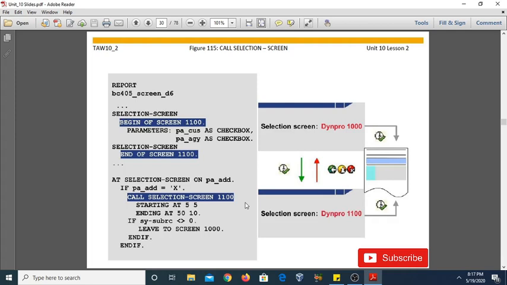In the previous lesson, we discussed the number of events executed behind the selection screen, and one of them is the AT SELECTION-SCREEN event, which is processed when the user performs some action on a particular screen. Now in this event, the SY-DYNNR system field contains the number of the called selection screen.